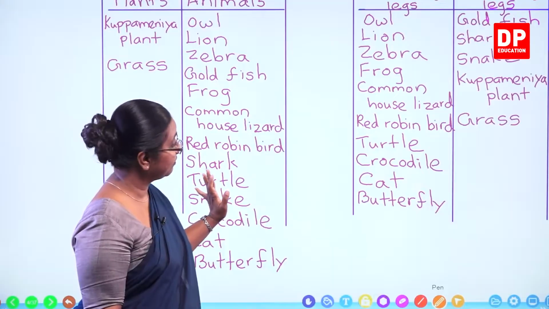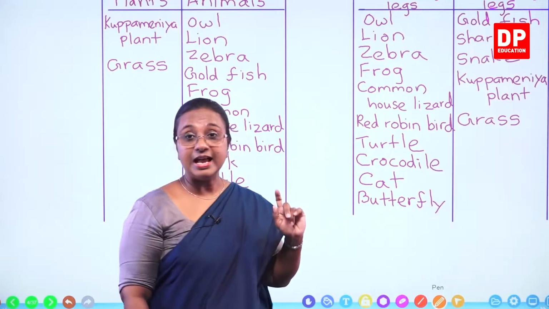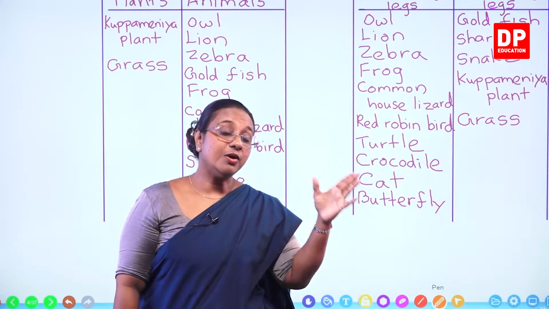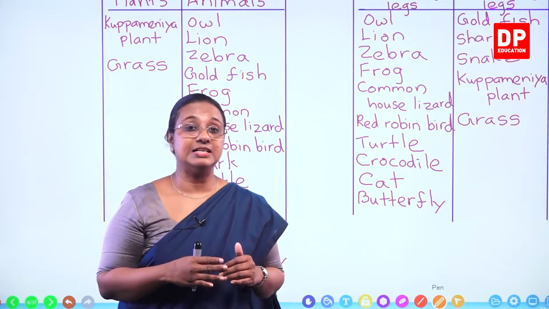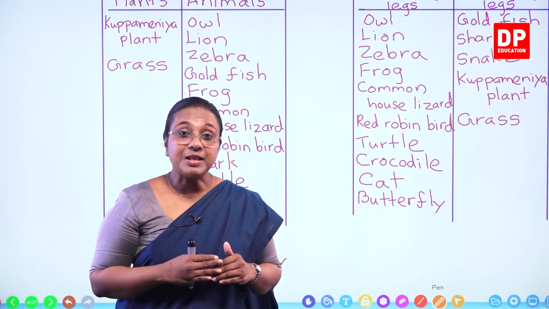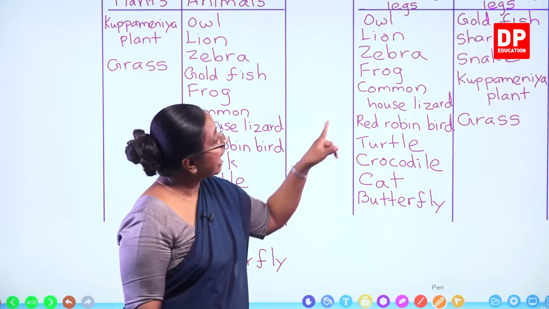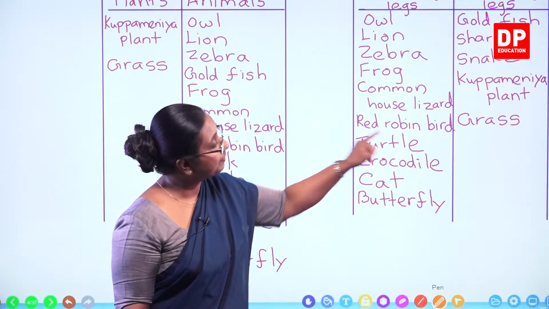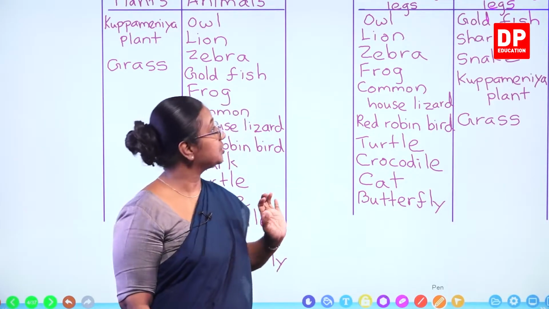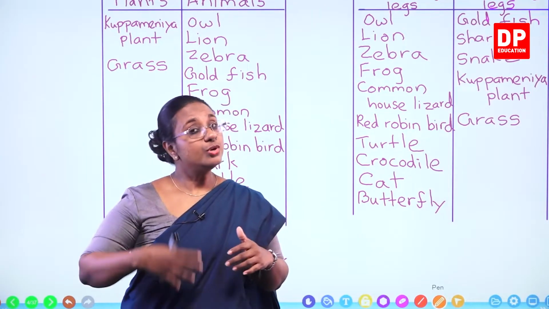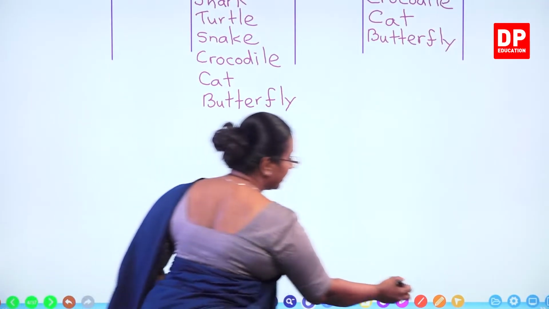A very simple classification. Then presence and absence of legs. Now here also we had a problem. Now I told you all turtle, we call it flippers, but still they use it for crawling as well. So anyway, they are reptiles. So reptiles have legs. We put them under presence of legs. And on the other side, although Coppermania plant and grass are plants, not animals, still they had to be classified under absence of legs. So like this, you all would have come up with so many different criteria. Like I mentioned before,